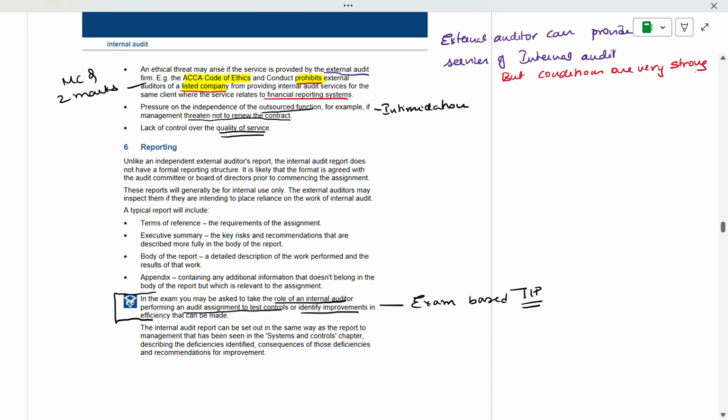This is exam based. I will give one question during this weekend only on internal audit. I will give one question on this immediately. Refresh your work, read, keep your text in front of you. Don't refer to the answers. Keep the text in front of you. Refer to the book, answer the questions. Nothing will happen.